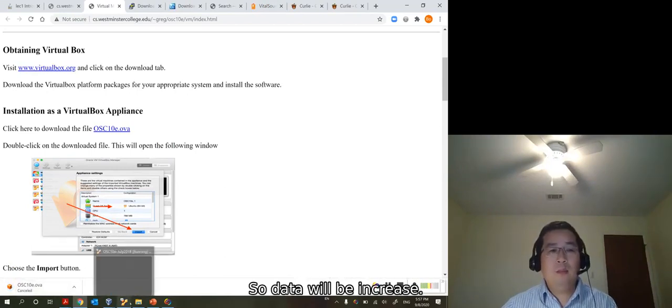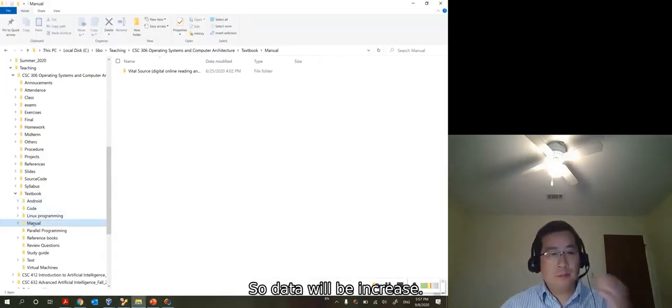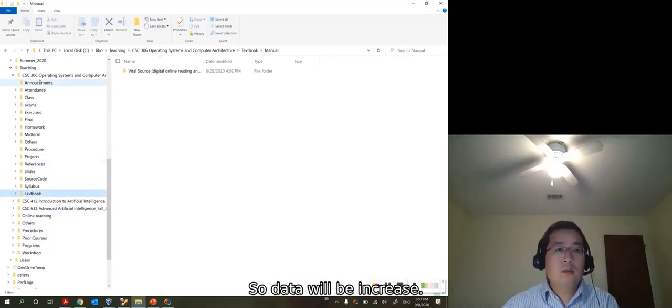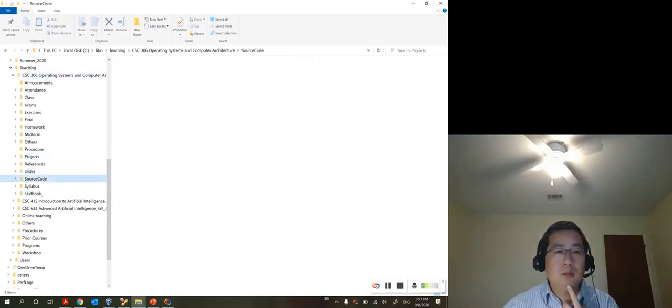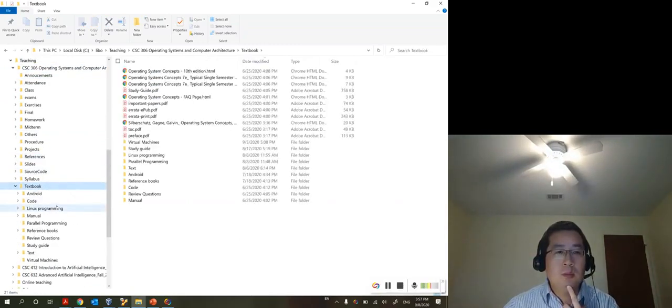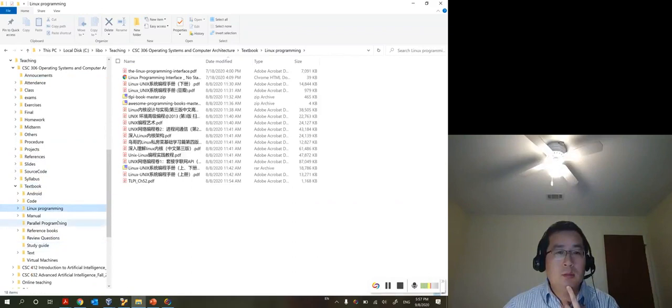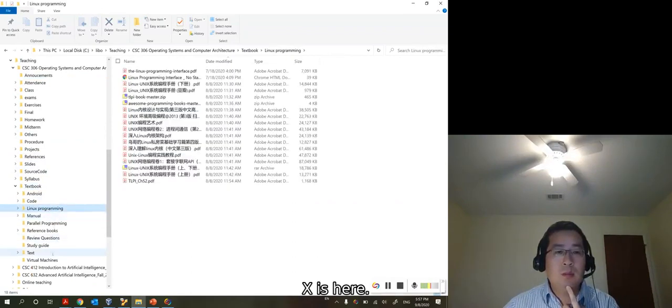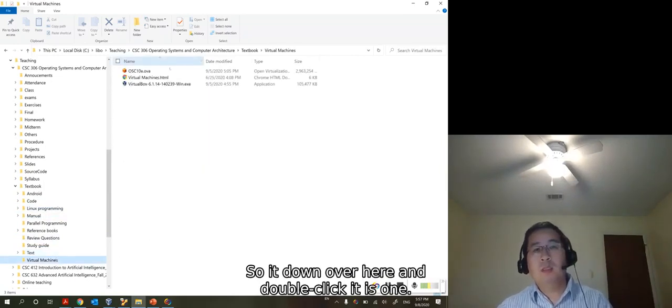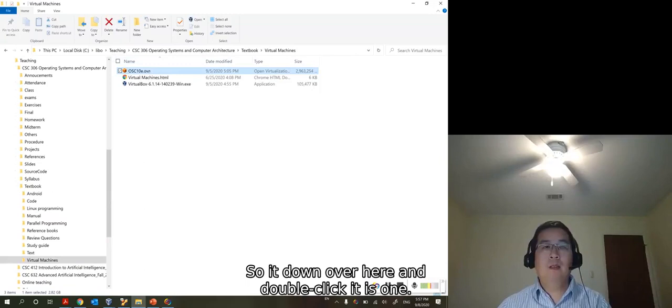So I already clicked download this one. It's here in the Linux programming textbook. So you download here and then you double click this one.